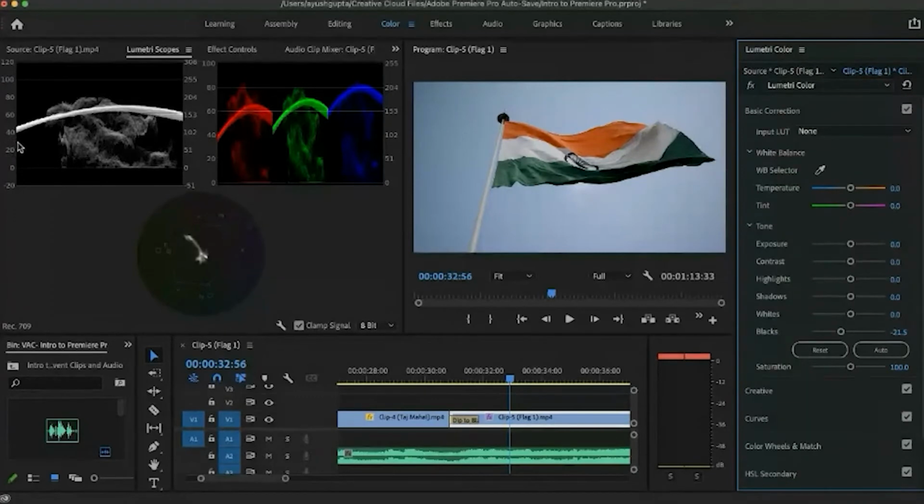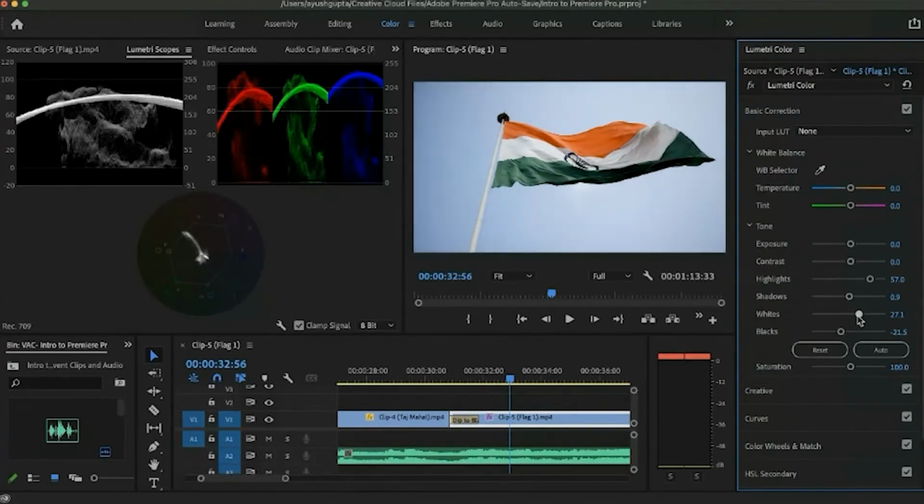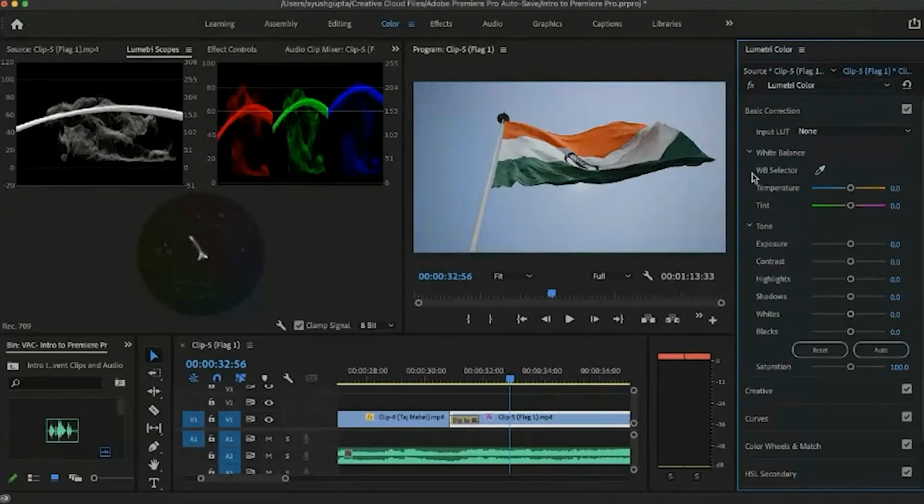And between 30 and 50 is affected by the shadows, which control the shadows of the image around that part. And between 50 and 80 is given to the highlights of the image. As you can see, the majority of this Indian flag image is bright, so the majority is above 50. The darker part is in the highlights, and the white is the brightest part in the image. So for now, I'll reset it to 0.